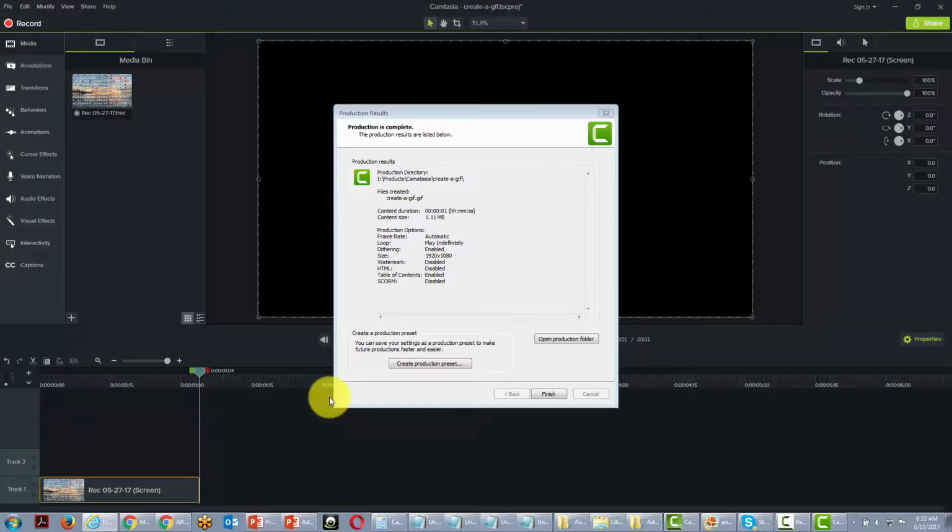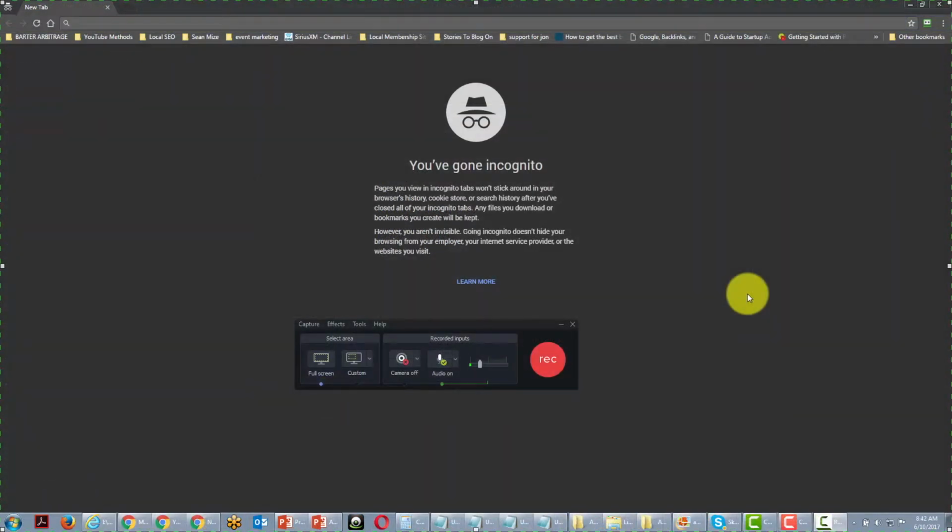Okay, so that is a very simple way of being able to create a GIF, having a short video clip, 3 to 5 seconds, maybe 7 at the most, put it on the timeline, scratch out the audio, and then run the GIF sequence. And one of the ways you should absolutely be using Camtasia, if you haven't done so